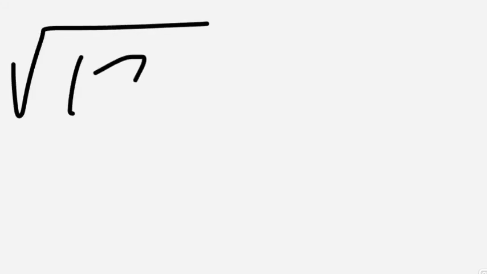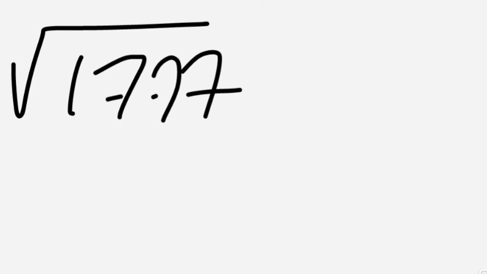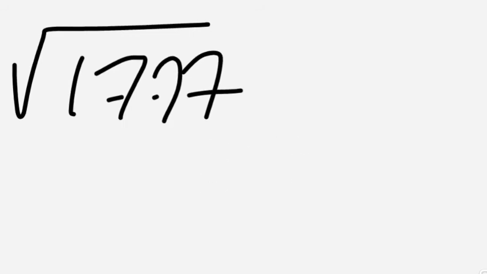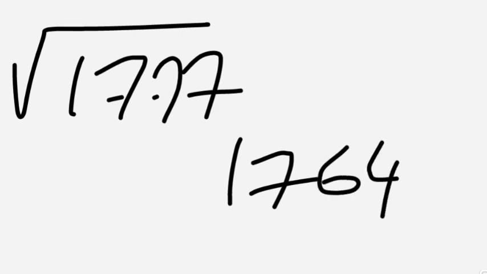Let's take a 4-digit number now and find the approximate value of its square root. 1777 square root. It is definitely higher than 40 square. 40 square is 1600. We already discussed how to calculate 40 to 50 squares easily. So it is around 42 square. How to calculate 42 square? 42 is 8 lesser than 50, so subtract 25 minus 8, which is 17, and 8 square is 64, so 42 square is 1764.